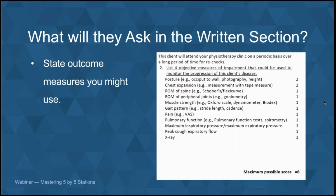So state outcome measures you use. This one's pretty self-explanatory. Hopefully, while preparing for the written, you prepared a good cheat sheet of outcome measures for each pathology, but this would be a really good time to review that sheet. I see a lot of you asking questions about outcome measures, so this is where that would come in, okay? So again, in that handout that I'm going to send to you afterwards, we list these things